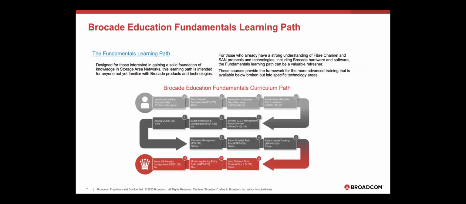First of all, the fundamental learning path is located here. The fundamental learning path is a table that explains how usual customers should pass our courses from starting to expert courses, to be educated in the right way, just from the very basic courses to very special courses targeted to Brocade